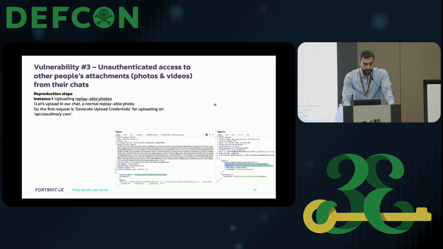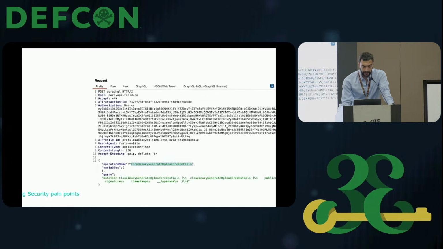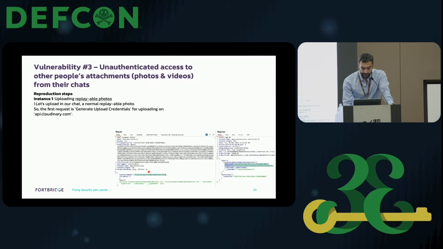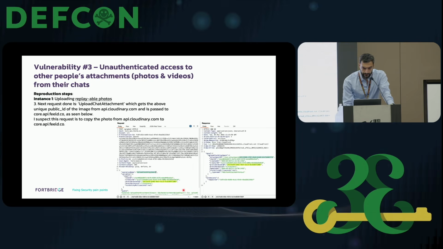So now let's reproduce the issue and see exactly how we managed to exploit this. So uploading replayable photos. First request, let's do this as a valid user. There will be a GraphQL request with operation name called Cloudinary generate upload credentials. It will generate some credentials for us, which will be used in a subsequent request where we upload the photo with those credentials.